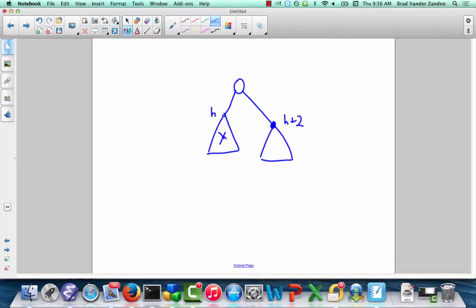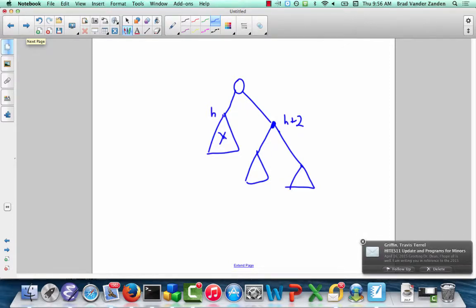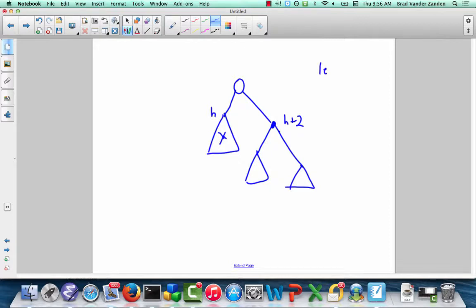Okay? So now the right subtree, we can take a look at that, can actually be shown as its own two subtrees. Okay, and there's two cases. Okay, the first case is that the left subtree has the greater height. Okay, so if there's an imbalance, then there's actually three cases that are going to come up, which is that the left and right subtree have the same height,